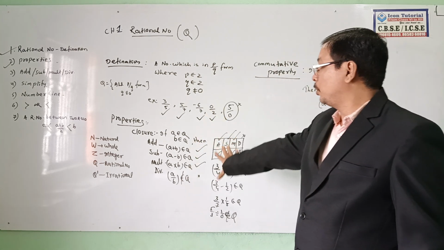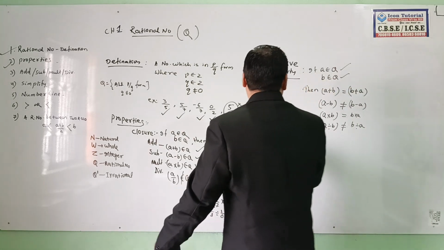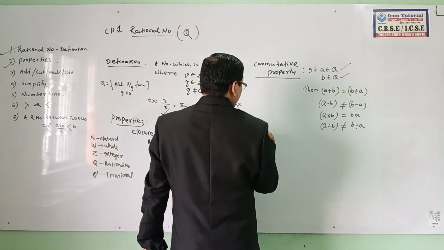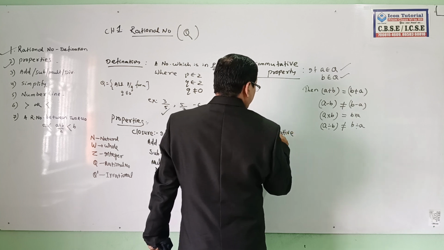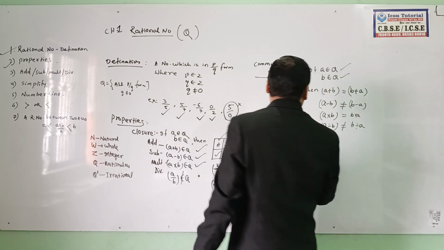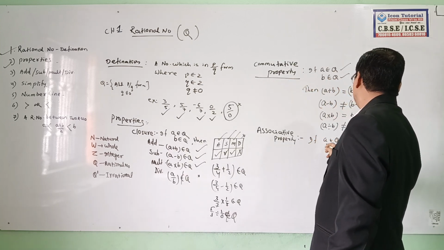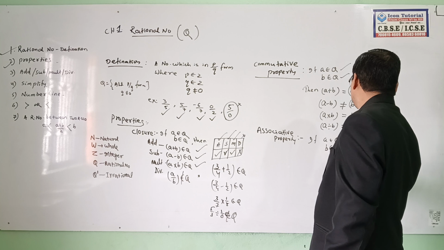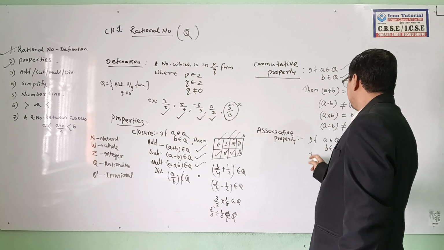This is your closure property. Now we will discuss your associative property. If A belongs to Q, B belongs to Q, C belongs to Q, then